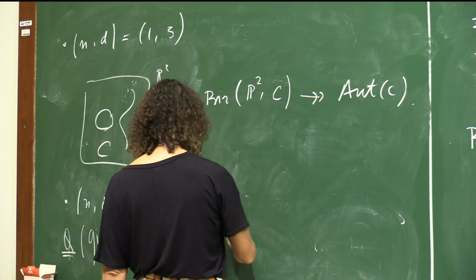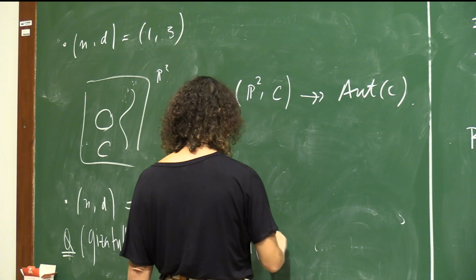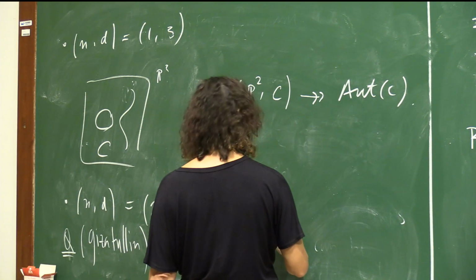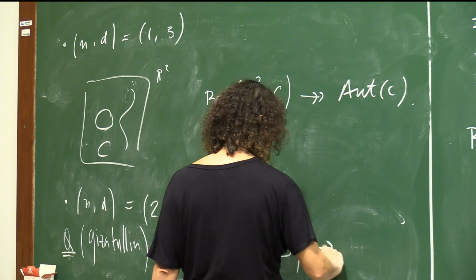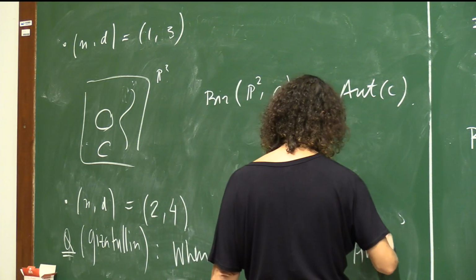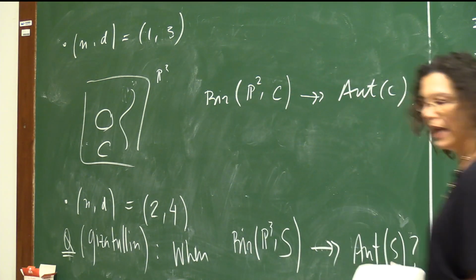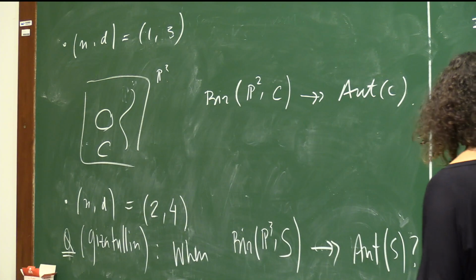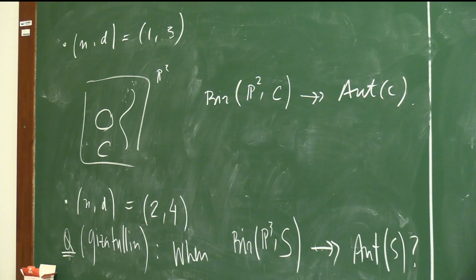So when we get a surjection from the group of birational self-maps of P3 that stabilize a quartic surface onto the automorphism group of the quartic. And this is a problem that I'm currently investigating together with Daniela Paiva and Socrates Zikas. Still an ongoing project, but let me just